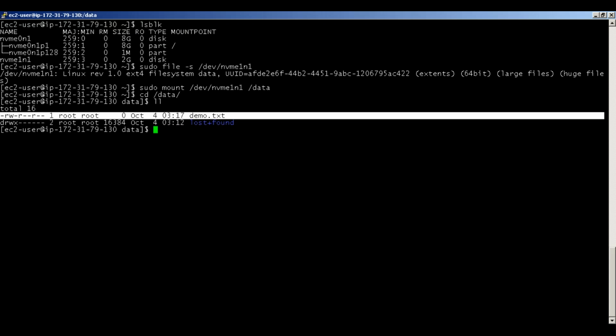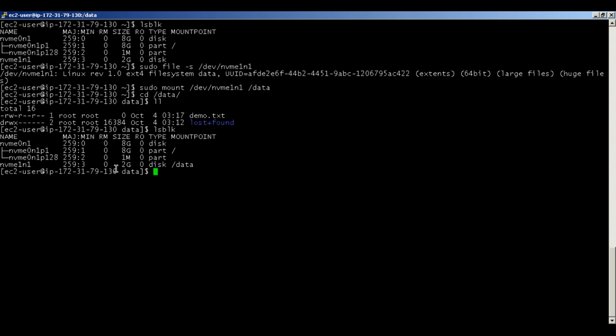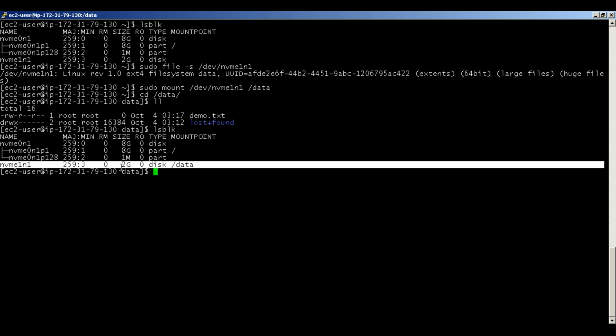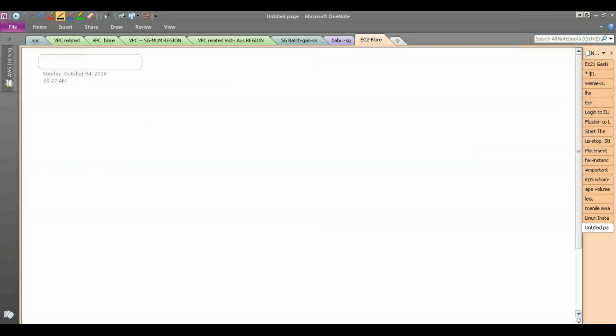Okay. So what are the other operations which we saw, right? Now we have this storage. So let us say you want to increase the disk size. It is currently 2 GB. Say you're running out of space and you want to increase it, right? So how do you do it? I told you there are two ways. One is you can do modify volume, which is the quick and dirty way to do it, right? You want to modify the volume,